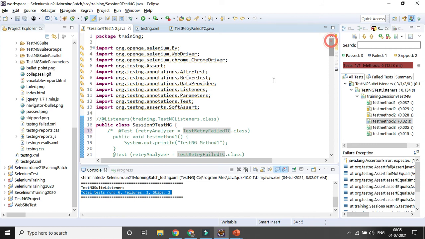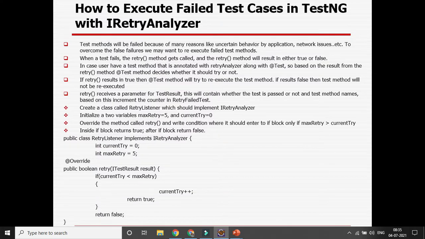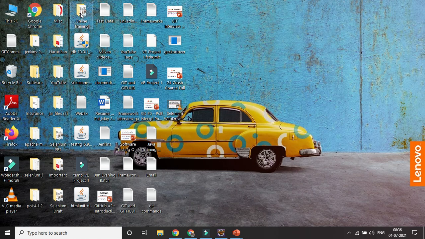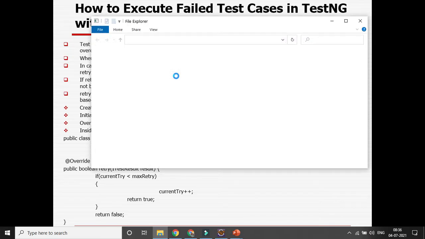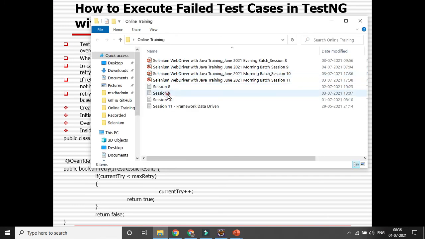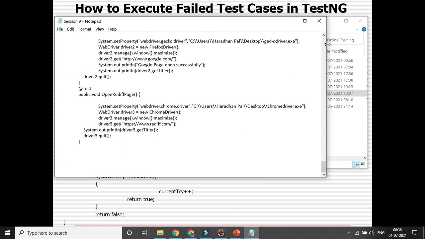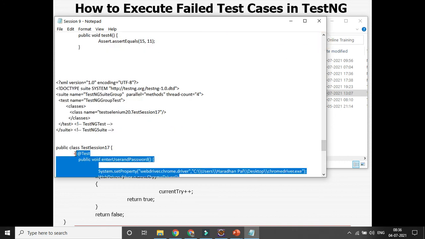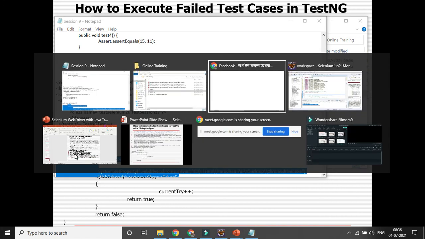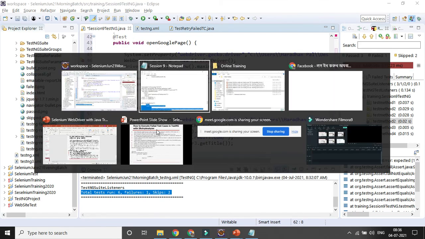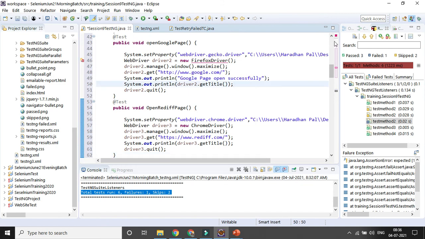I am not writing it, so I will be copying it from somewhere. Suppose I want to create a few test cases here.